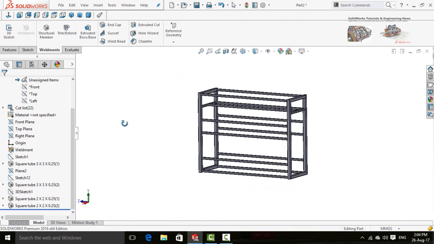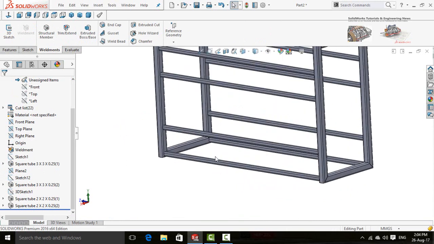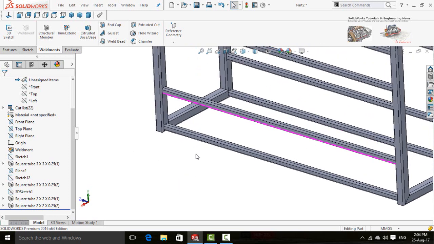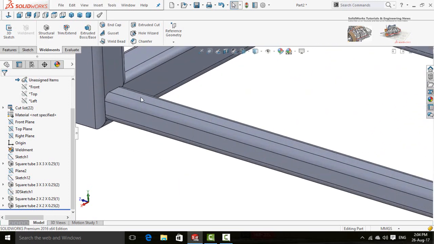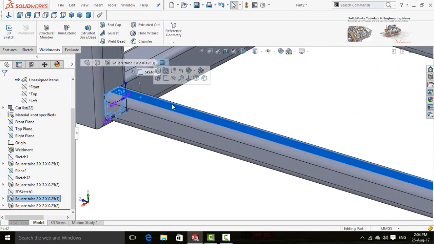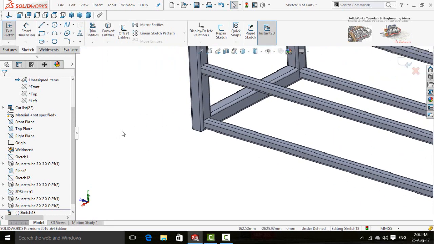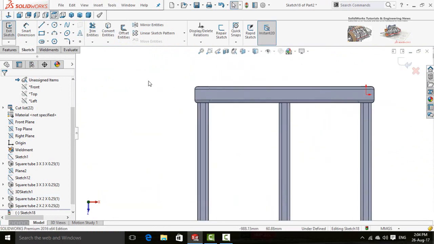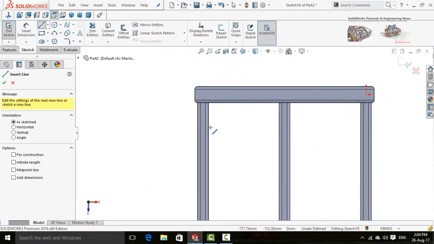So now we are going to add the wood sheets on it. For this, click on this face and sketch on it. Make normal to and draw a line. Start it from here.